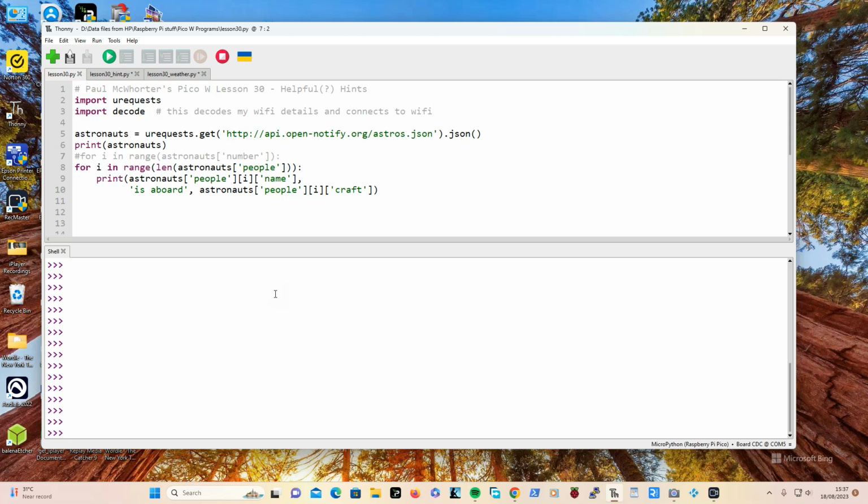Hi, this is my homework for Paul McWhorter's Pico W lesson number 30, when he wanted us to connect to the internet from our Pico W and get data and do something interesting with it. Now, this is an approximation of Paul's program, apart from I've got all the